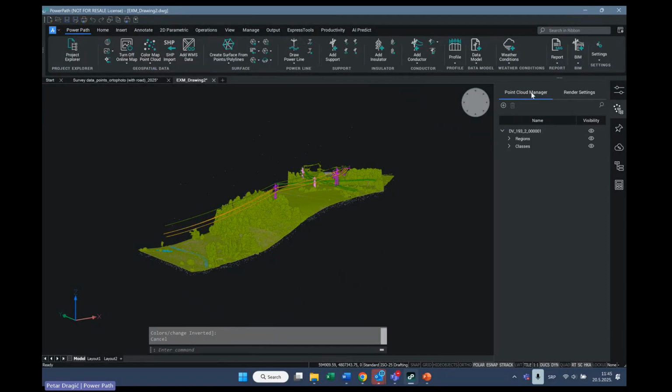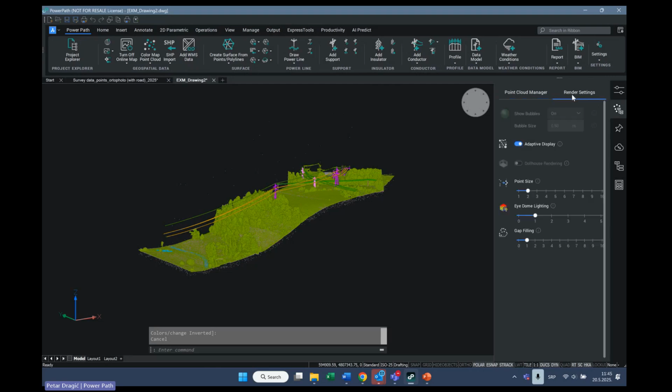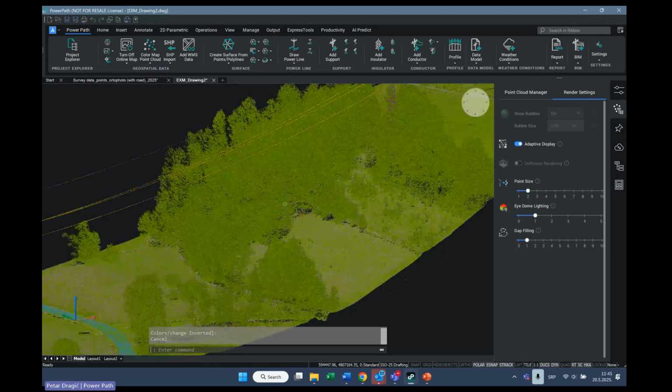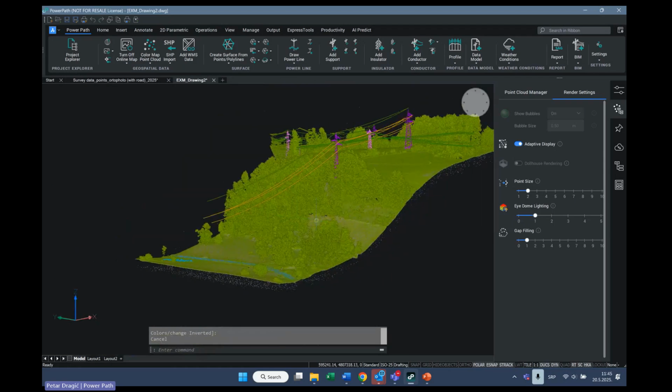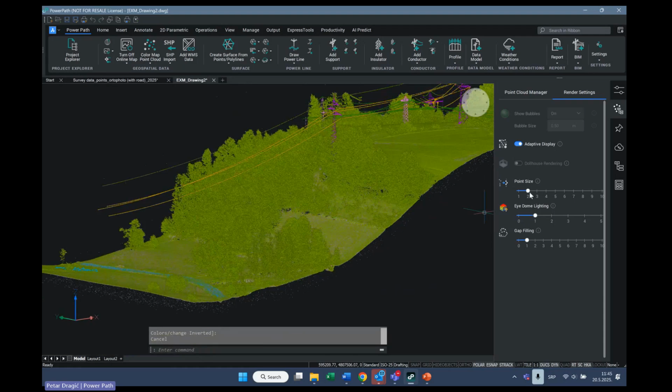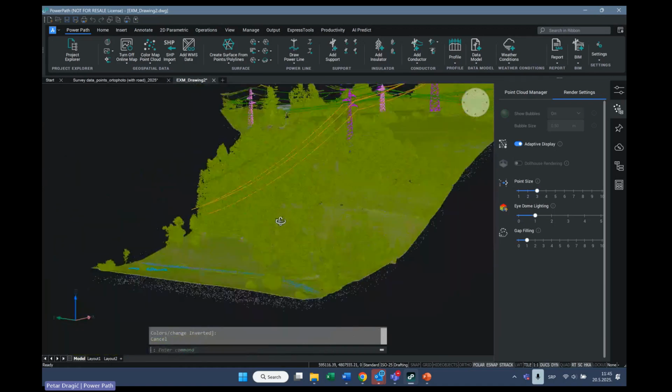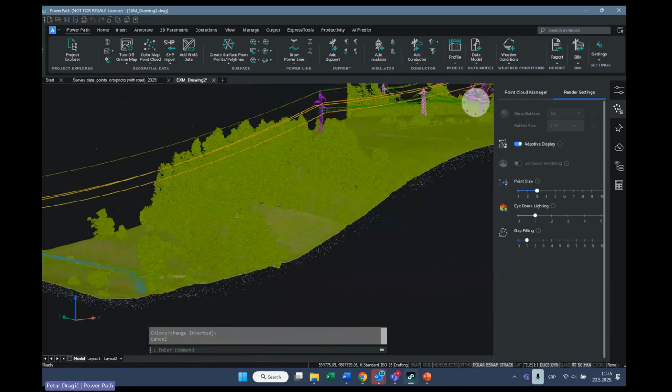In the previous version, the point cloud manager was already there, but now we added render settings. What it means is that now you have better, full control of previewing your point clouds. For example, here are options for point size. For better visibility, you can increase or decrease the point size.